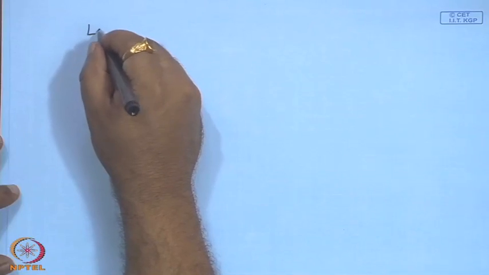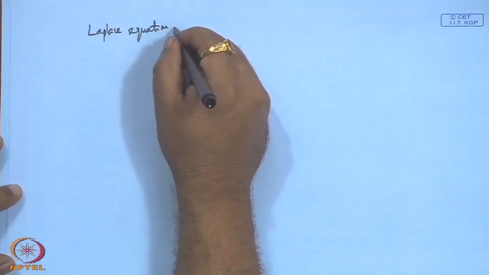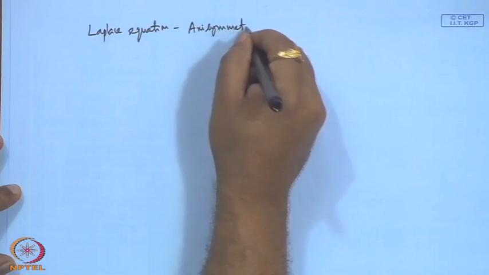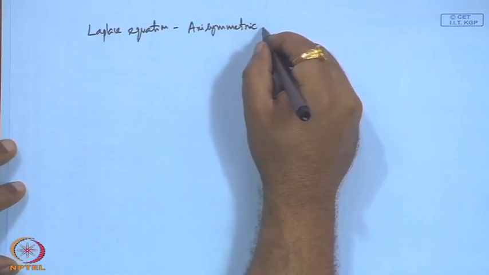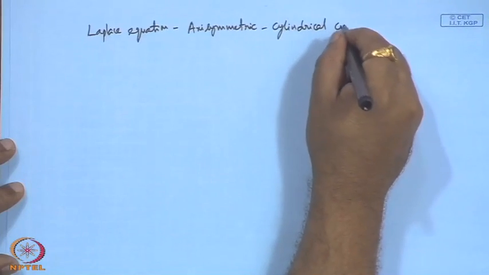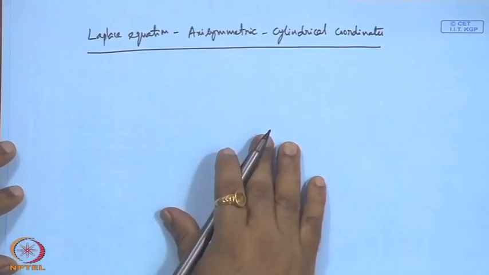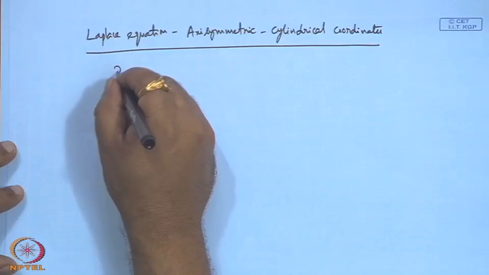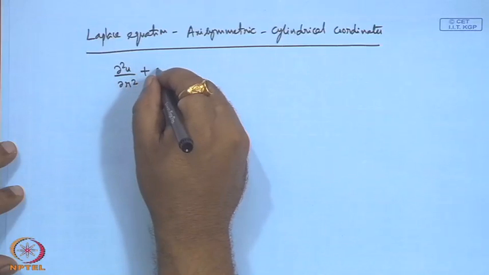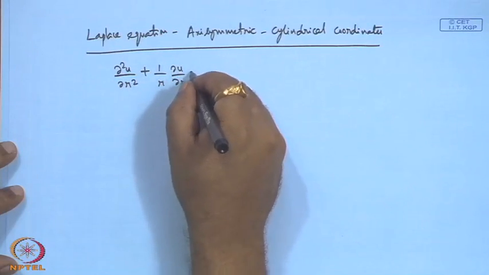So, Laplace equation, axisymmetric, cylindrical coordinates. Okay. Accordingly, the operator becomes, the corresponding equation